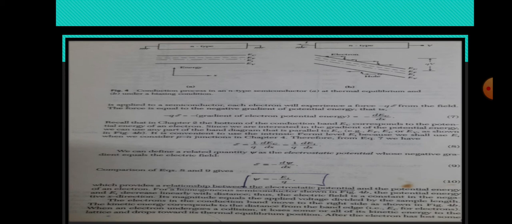Consider a semiconductor as we have shown in figure 5, which has a cross-sectional area A, a length L, and a carrier concentration of n electrons per centimeter cube. Now, suppose we apply an electric field E to the sample. The electron current density Jn flowing in the sample can be found by summing the product of the charge minus q on each electron times the electron's velocity over all electrons per unit volume n.